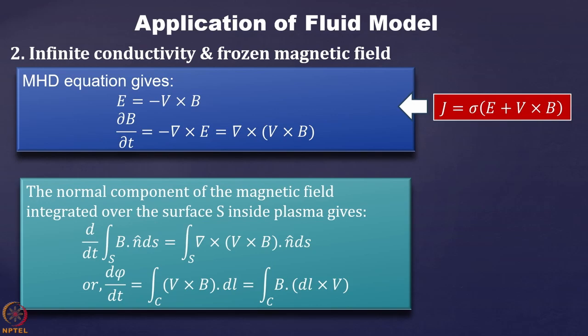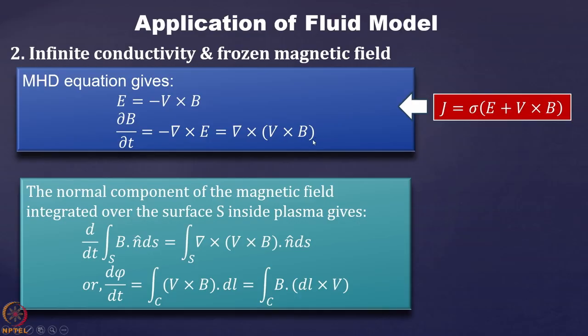So this consideration that it is having infinite conductivity basically tells you how the magnetic fields get frozen in such conditions. You know that J equal to sigma into (E plus V cross B), we have seen from our earlier equations, and then when sigma becomes infinite, then this term E plus V cross B is 0 and E becomes minus of V cross B. Then what does Maxwell's equation give? It gives del B by del t is equal to minus of curl of E. Then we put E over here, V cross B, and then this minus sign becomes positive, and we get curl of V cross B.